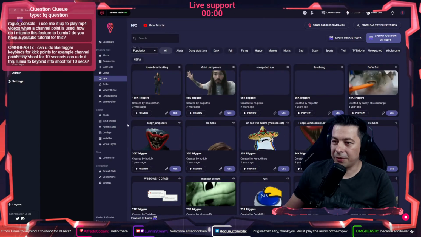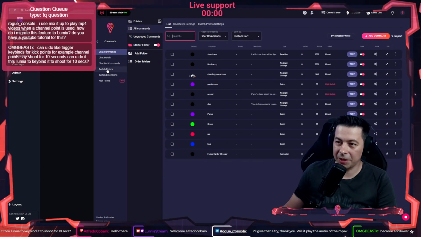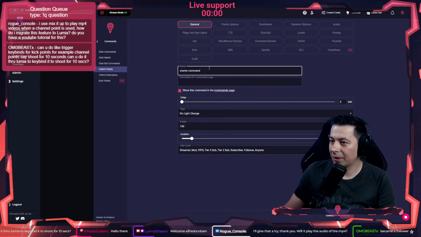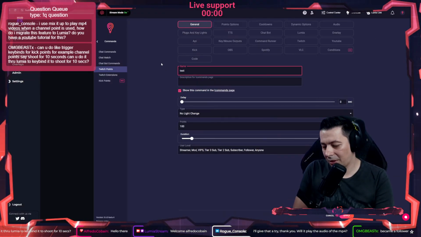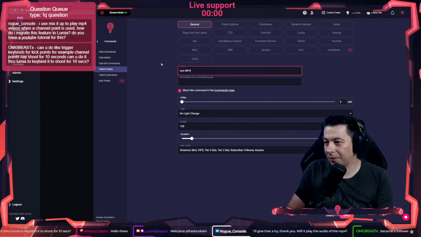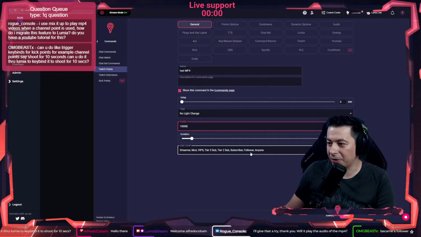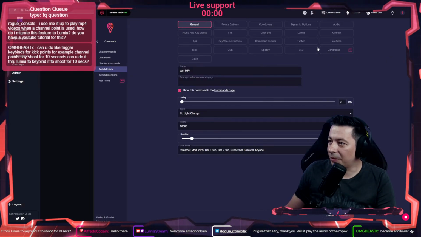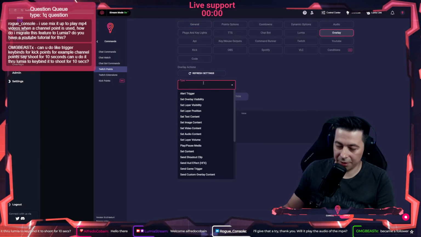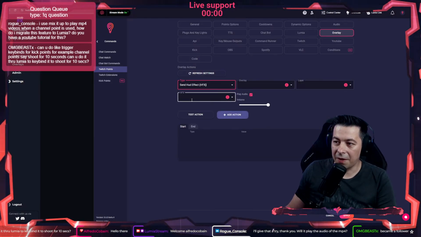So right now, if I want to go and create a command or create a Twitch point, for example, test MP4. I'm gonna make this a very high number so nobody of you can actually use it right now. And let's go into overlay and then send hard effects effect.